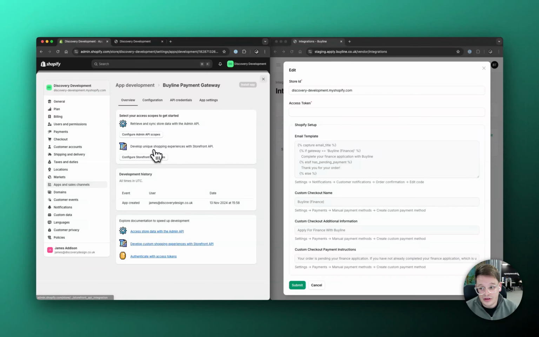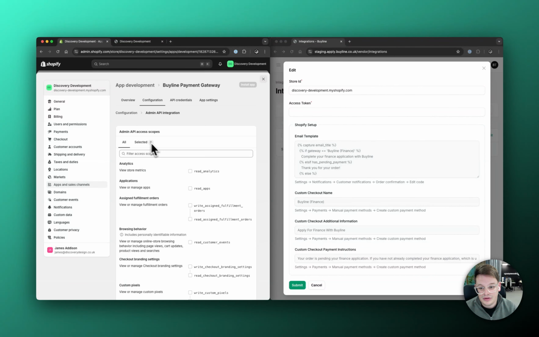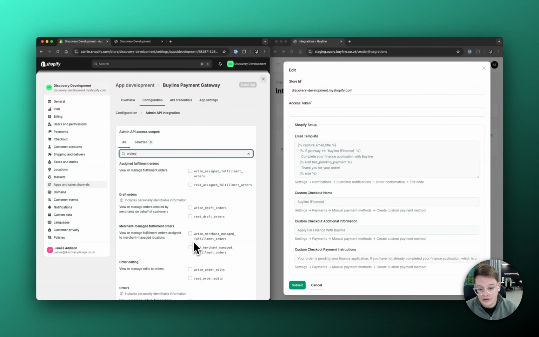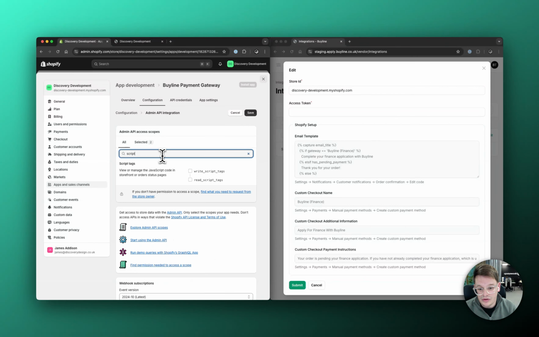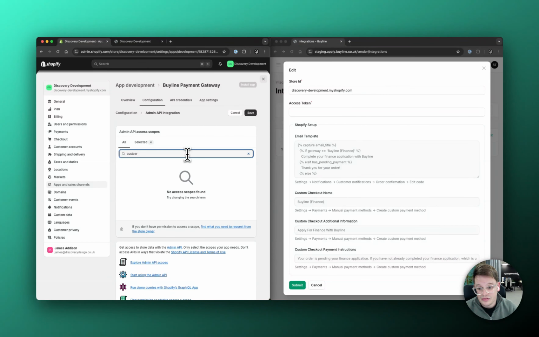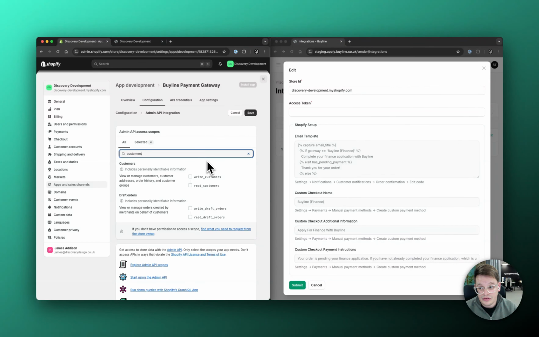And then there's just a few quick things we need to configure. So we press configure admin API scopes. And then if we search for orders, first of all, you'll notice it takes read as well. That's normal because we're selecting write. We want to do the script, and we want to do customers. So that's orders, script tags, and customers, which is what the app needs to operate. And then if you press save,